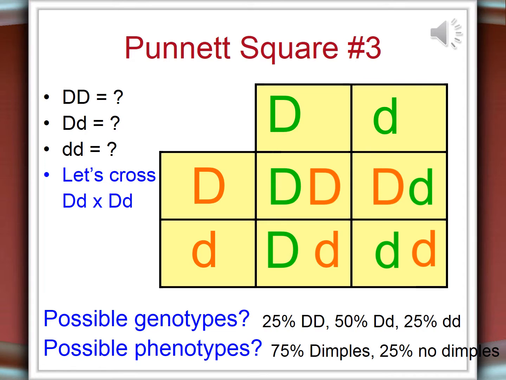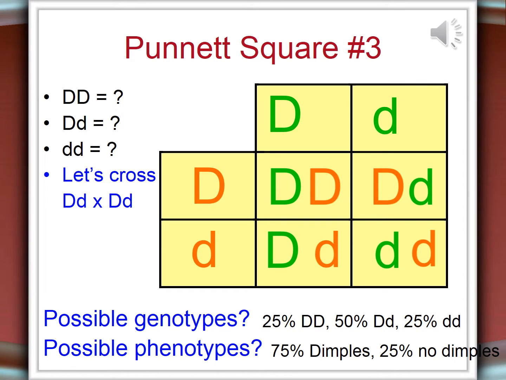Okay, so here we're going to cross heterozygous with dimples with another heterozygous with dimples. So these two individuals have dimples, but they're carrying a gene for not having dimples, but they have dimples themselves. So you can see here that if you cross them in the boxes and combine them, you wind